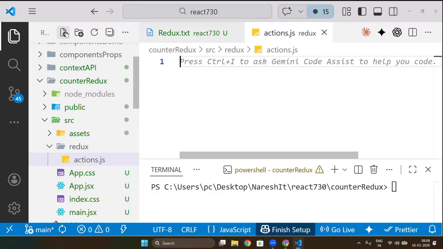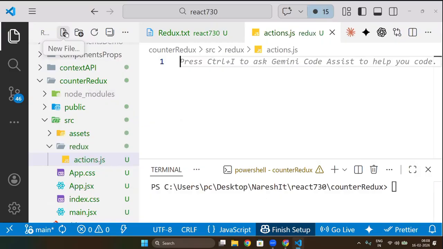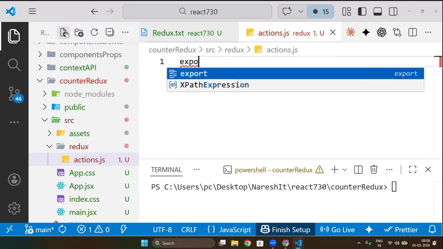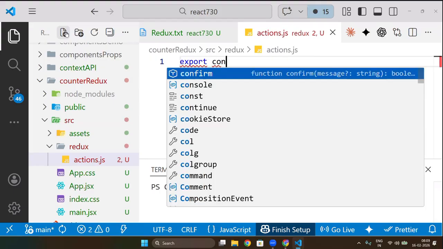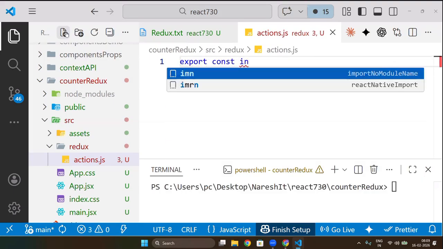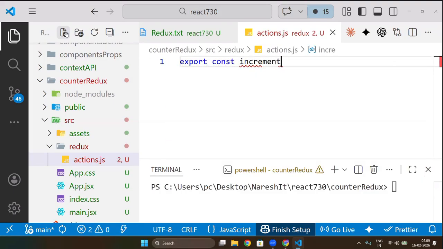Actions.js. This is not HTML. This is JavaScript. Actions is just JavaScript, so we don't use JSX. We will use just JS. What are the actions we will do in the counter? Increment and decrement. These two things only I want. So I will write export const increment,